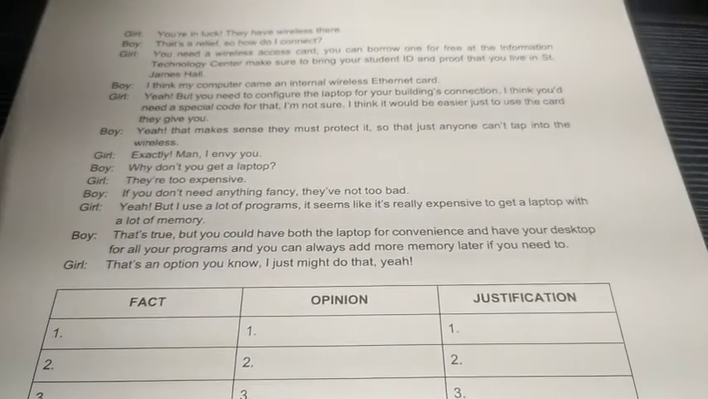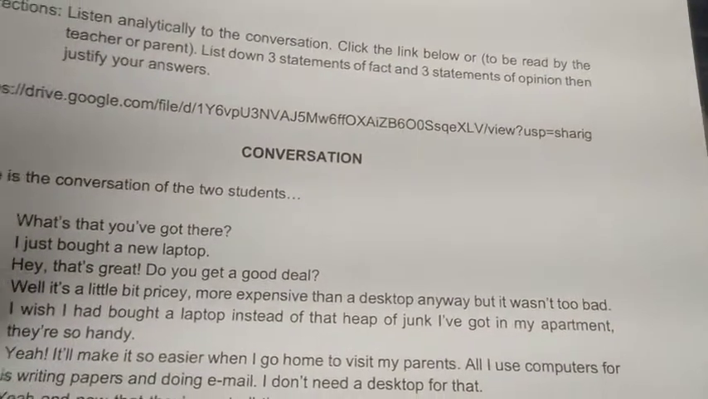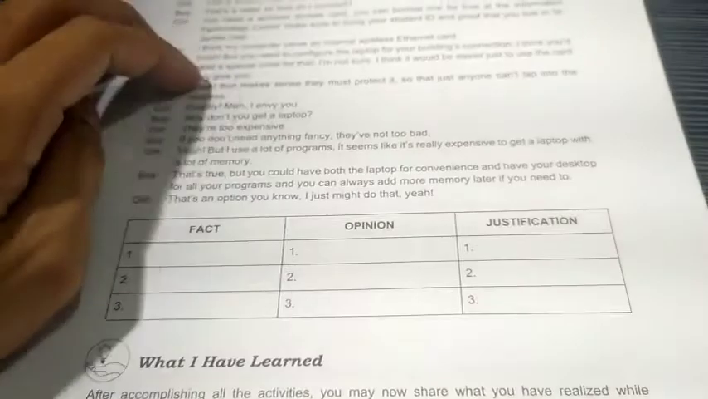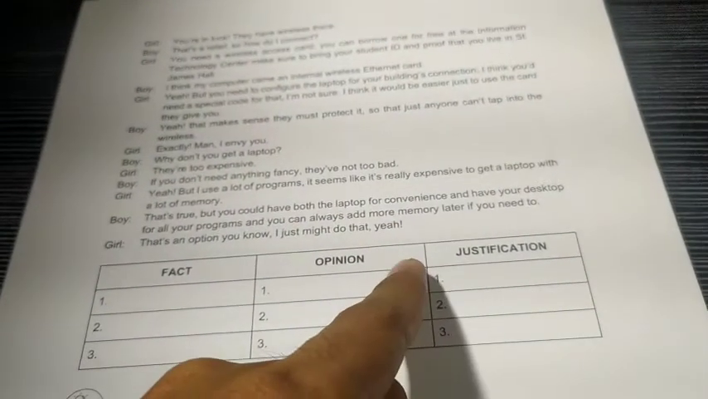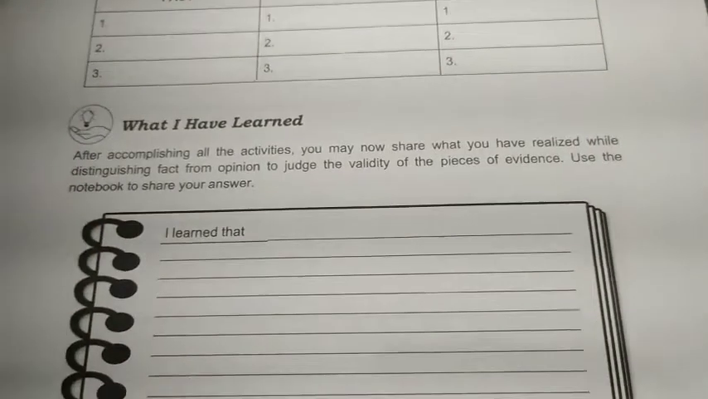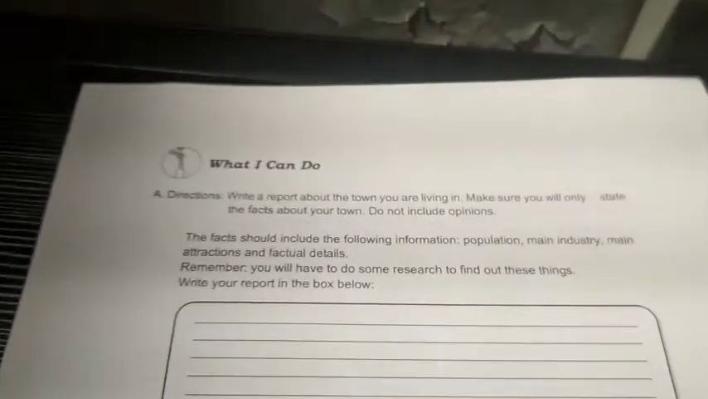Then you will list 3 statements of facts and statements of opinion, then justify your answer. So 3 facts from the dialogue, 3 opinionated statements from the dialogue, then justification. Why do you say that it's a fact? Why did you say that it's opinion? So what I have learned, you will just simply complete the statement. I learned that. What did you learn from this module? So for what I can do,